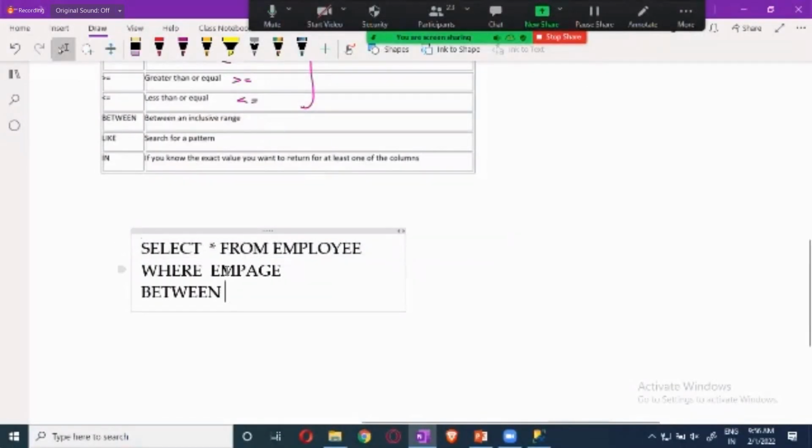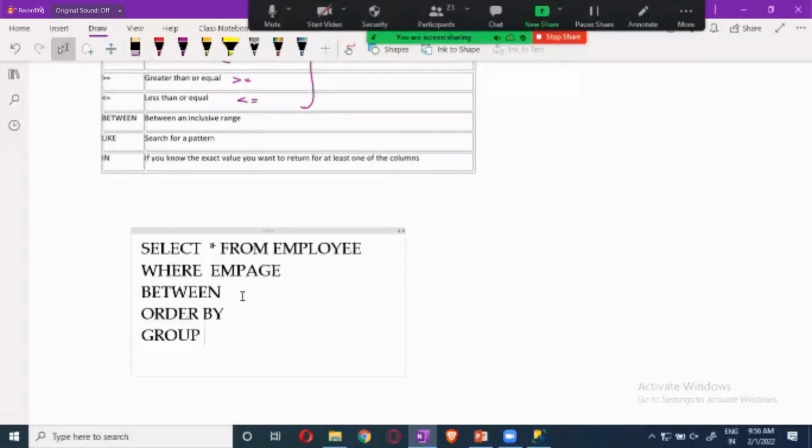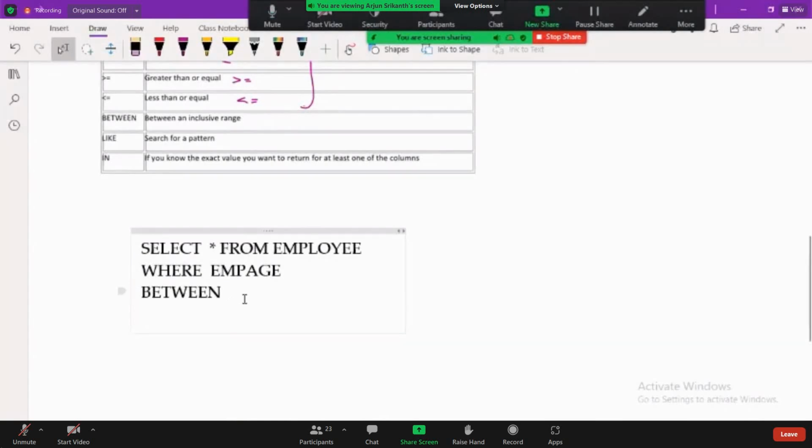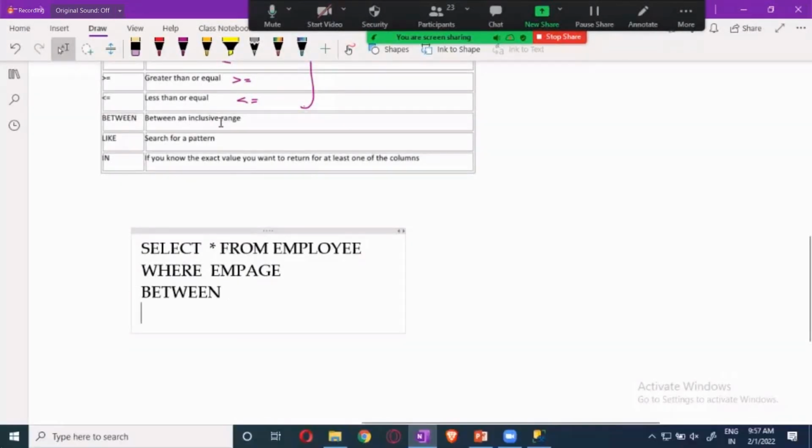And after doing that, you can also use the order by over here. The order by is also there with us, right? Order by, and we can also use the group by. Whatever we want to use on the basis of the results, you can go with the order by and the group by, all these things. This we will be seeing later. As of now, we will use the between over here. The same way we will be using the between, guys.